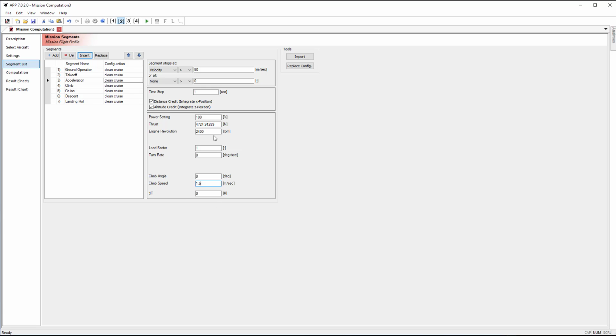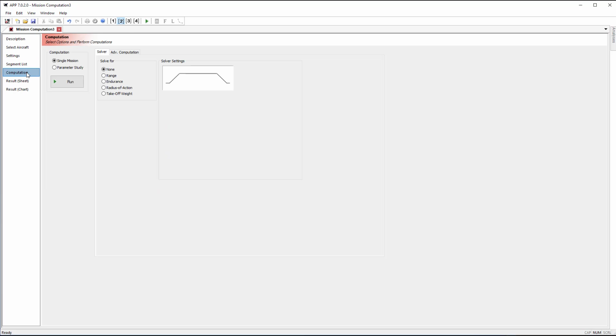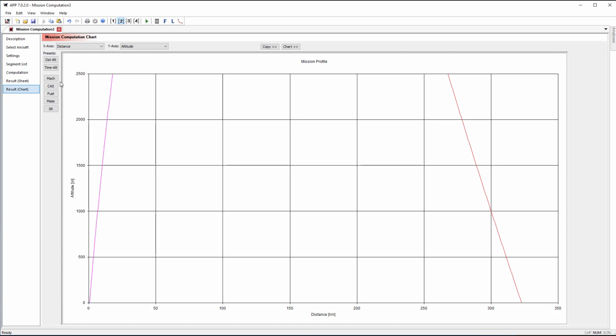And then we'll go ahead and go to the computation tab, hit run. And you'll see that it has successfully run with these changes. So if your mission file executes correctly, you should see your results tab with the chart pop up first. That means that the computation computed without error. Doesn't mean the results are what you're looking for, but you set up the file such that it doesn't throw